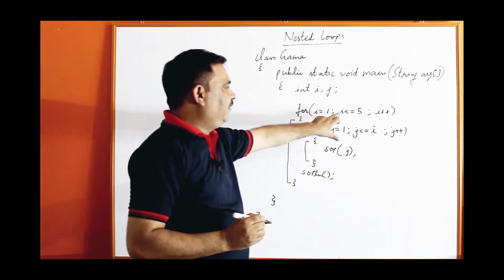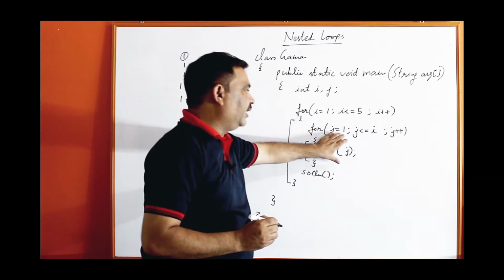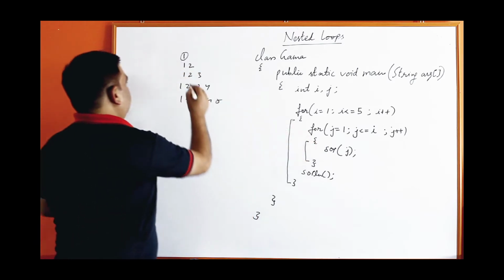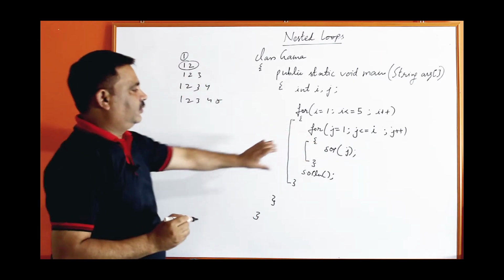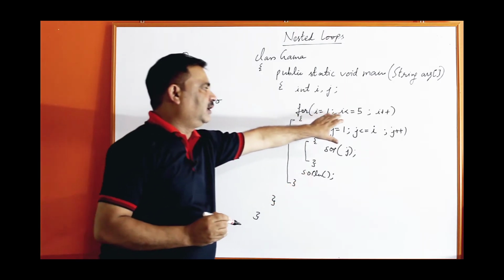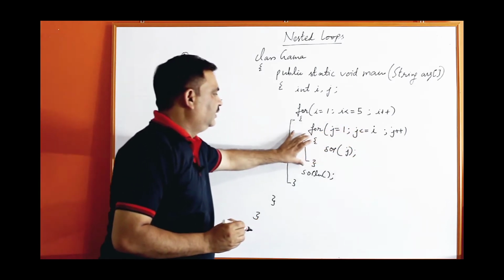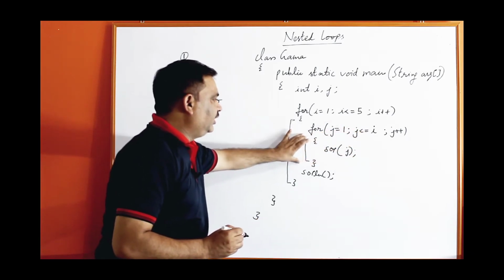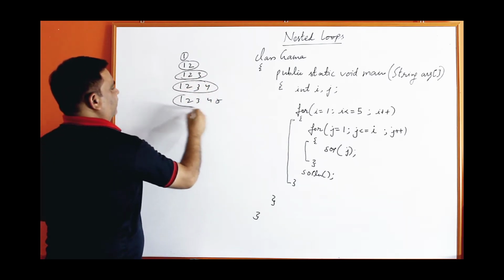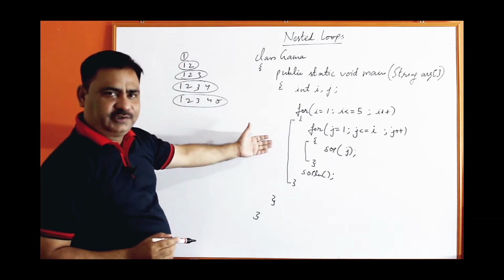Second time I will become 2, and 2 is less than 5, so control will come here and start again from 1 up to 2. So it will print 1 and then 2. This will be the output for the j loop. Then the line will be changed. Third time I will become 3, so again it will start from 1 up to 3. So it will print 1, 2, 3. This will be the output. And so on, same next time it will get this and then this one. So you will get such a kind of triangle form output.